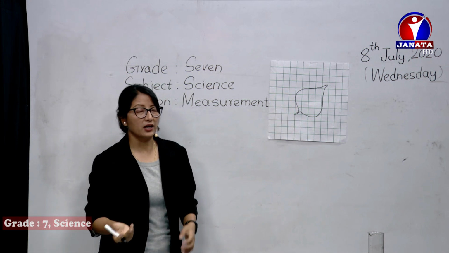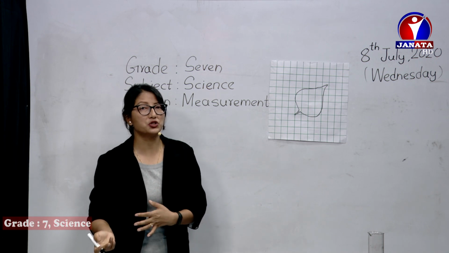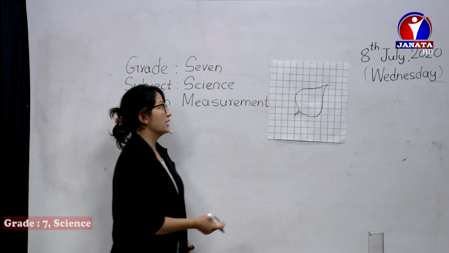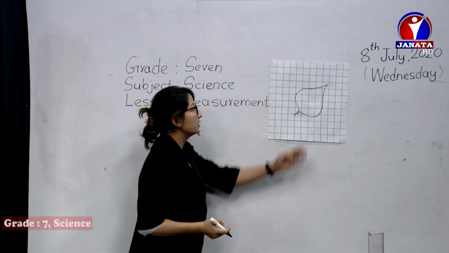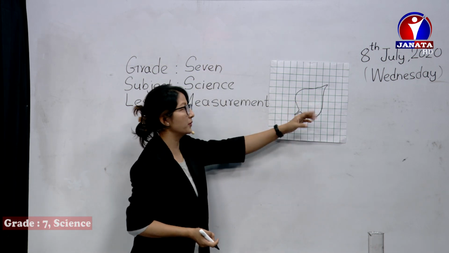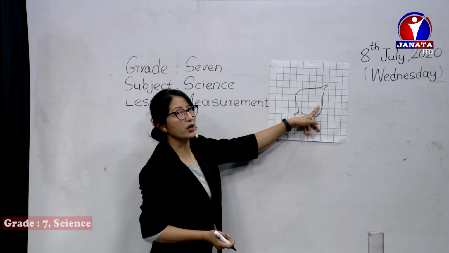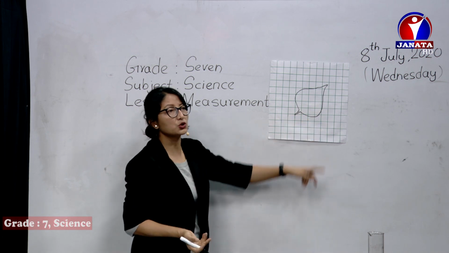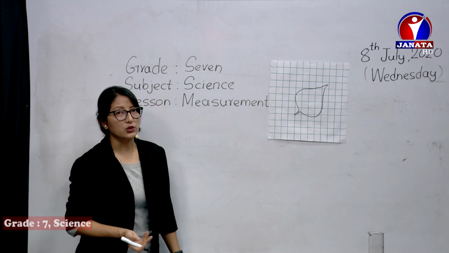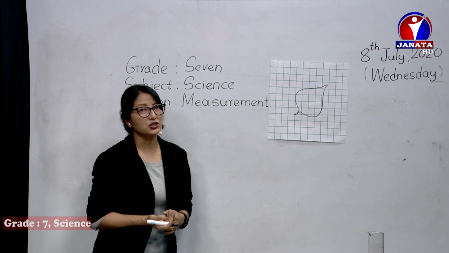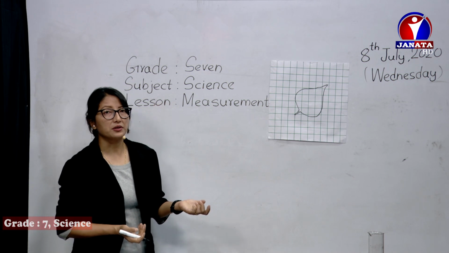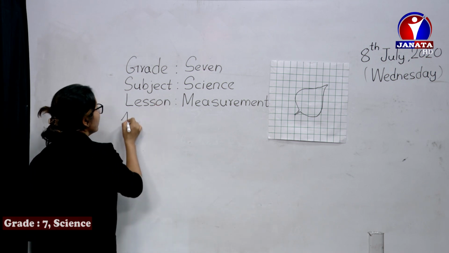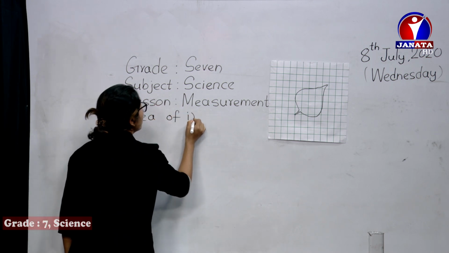Actually it has no fixed shape. Of course the leaf has a fixed shape, but no regular geometric shape with length, breadth, and height. That's why we are taking the help of graph paper to measure it. Now, see, we go on calculating the number of squares in it. As we all know, in a graph paper, each box represents a square. In the graph paper that you normally use, 1 square is equal to 1 centimeter, and a square, we all know, has all sides equal. So the square area is L into L, L squared. In previous numericals we also solved this. Now let's get started. We're going to calculate the area of the irregular plane surface.